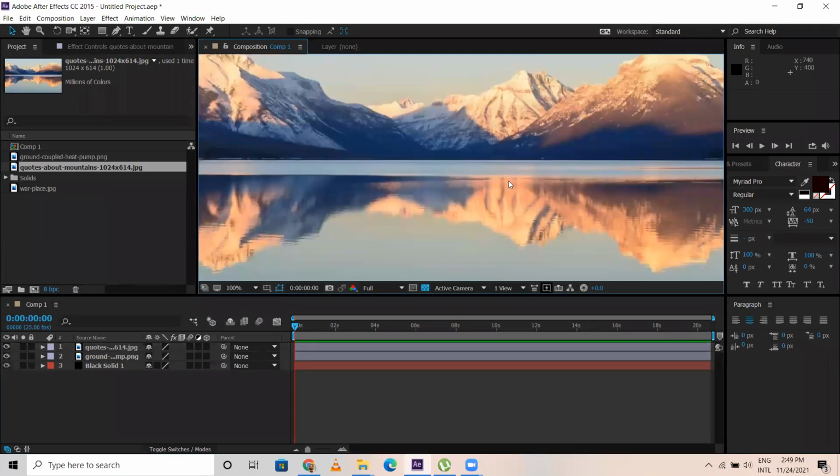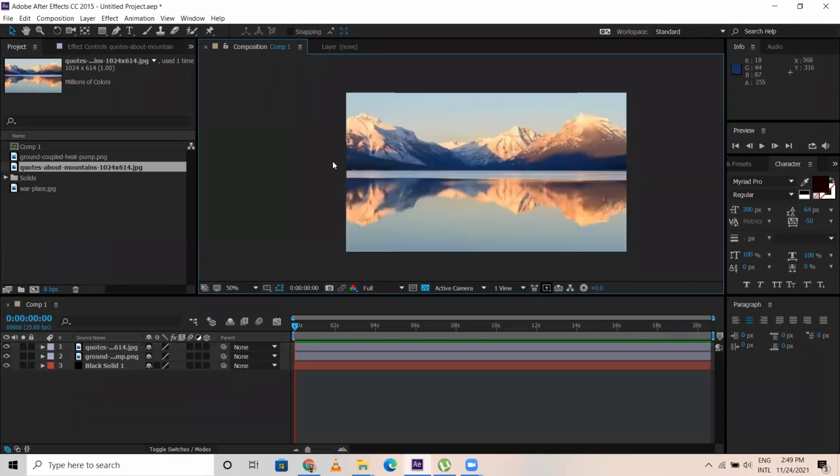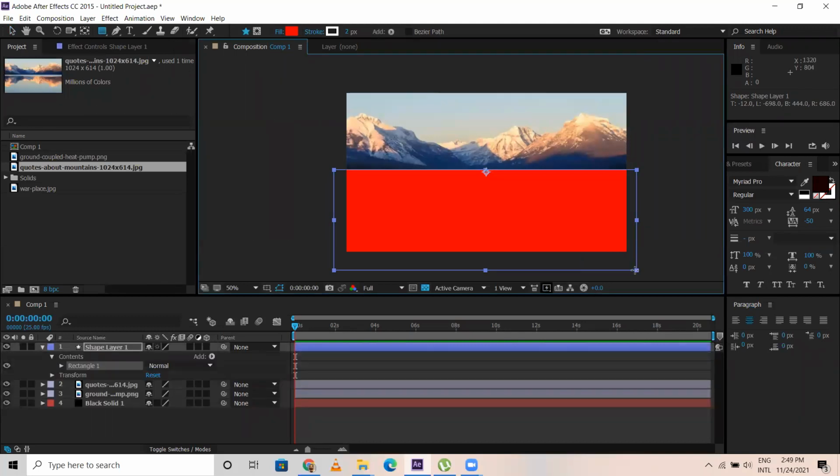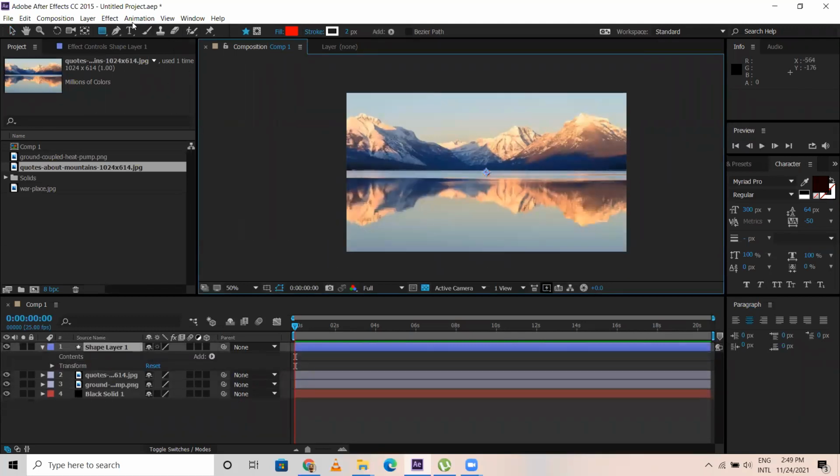Okay, see the mountain part, it is something like this. Okay, so what I have to do is I have to do masking. Okay, let's say we'll take like this.